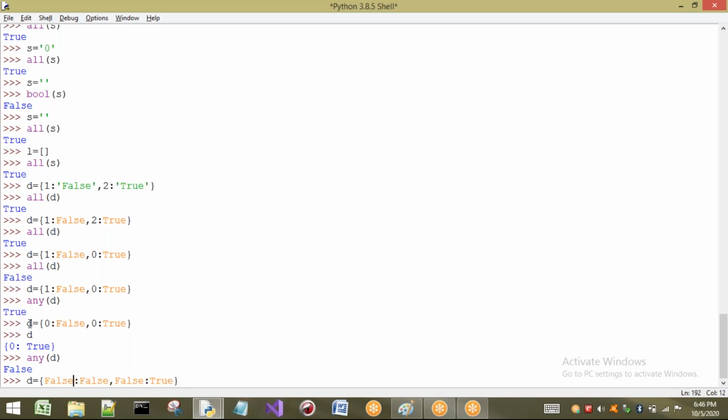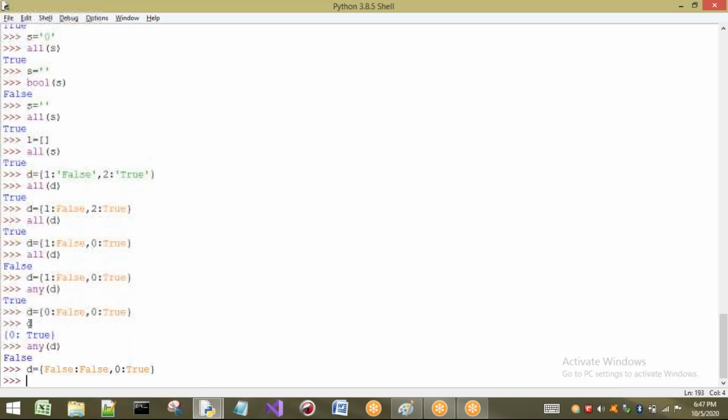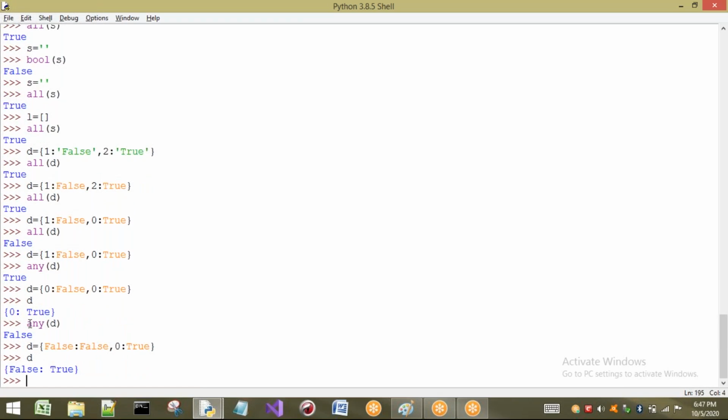So what happens here? Oh, sorry. It will take only one as a duplicate value. So one I will take 0. So see, if I print D, no problem. Here, what happens? False and 0 are the same. So 0 indicates what? False only. So again, it's going to take duplicates only.